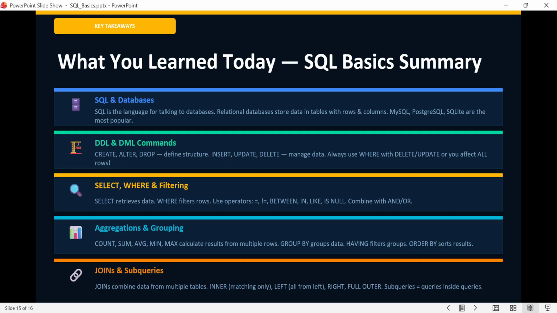Having filters groups after aggregation. Joins are the most powerful feature. They combine data from multiple tables. Inner join for matching rows only, left join for all rows from the left table. Master this and you are ready for any SQL interview.